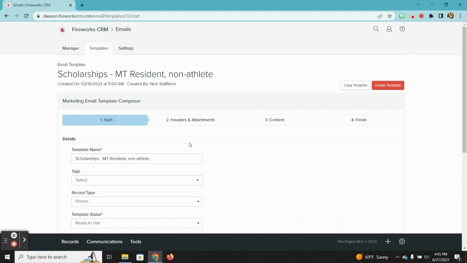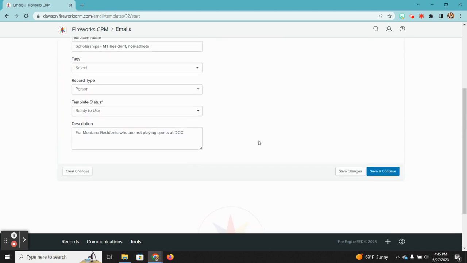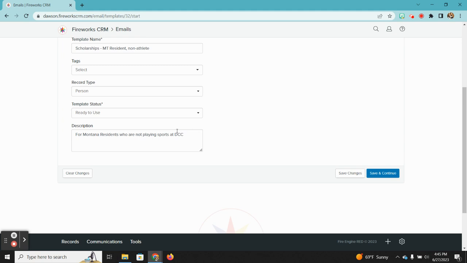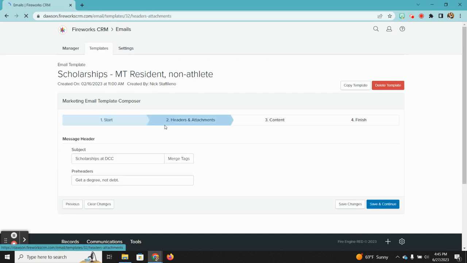You can just see, for example, I created an email to send to our Montana residents for scholarships. And this is a template. I named it Scholarships, MT Resident, Non-Athlete. So that's the category who I would send this email to. It's ready to use. And the reason I say they're not playing sports is because some scholarships don't go to athletes. The headers and attachments button would just be the subject line. Scholarships at